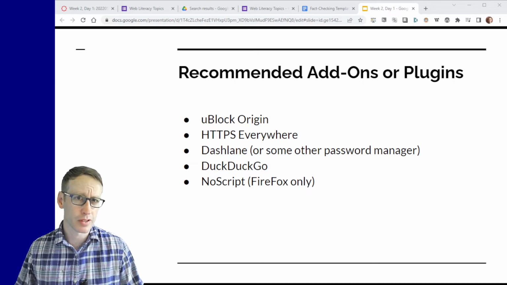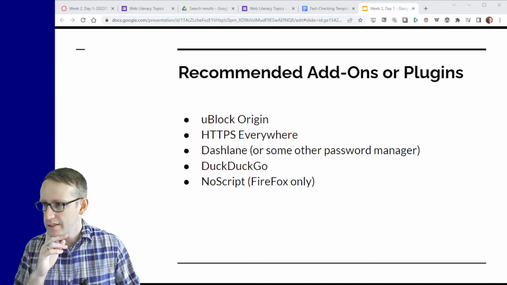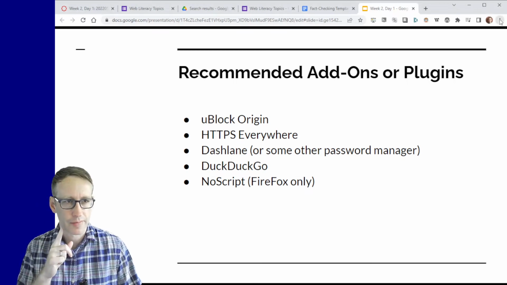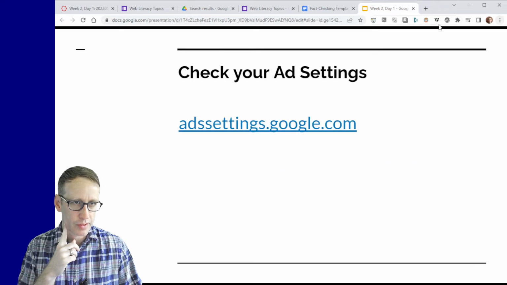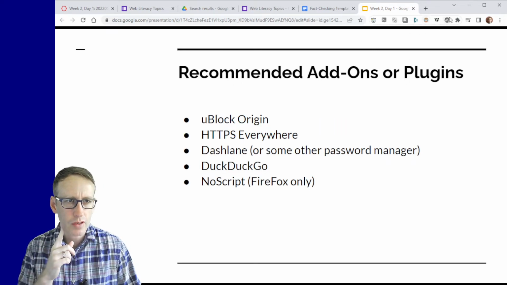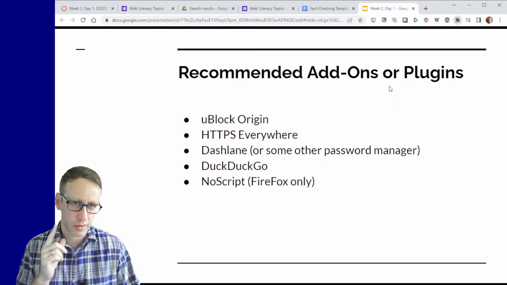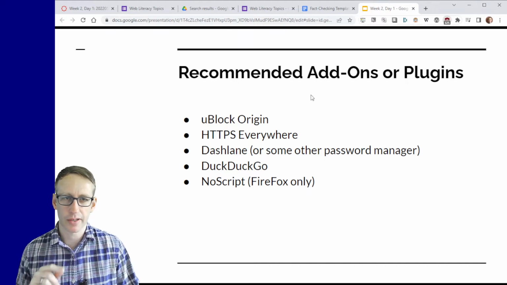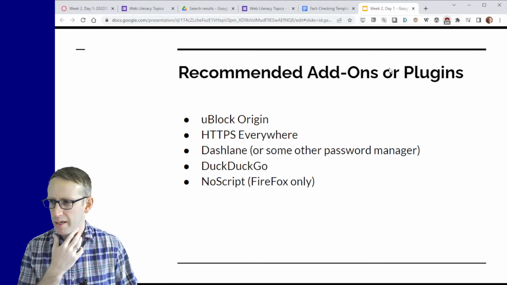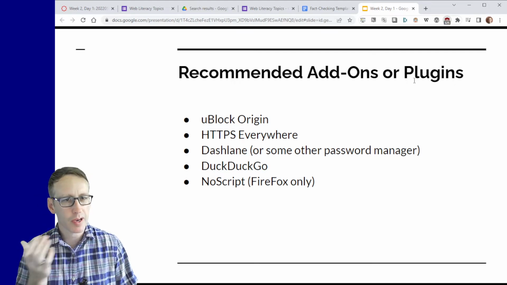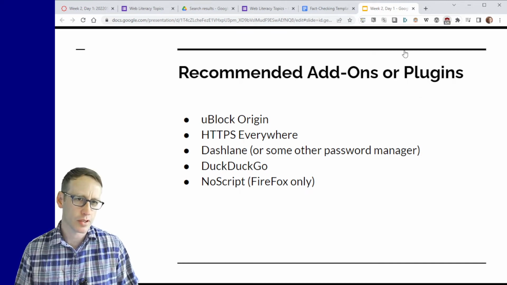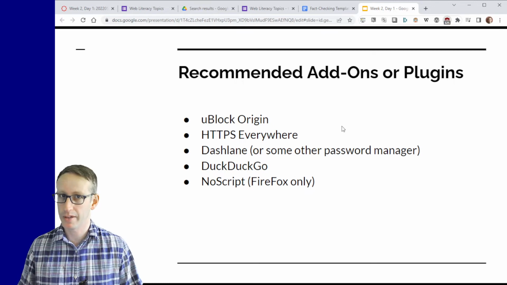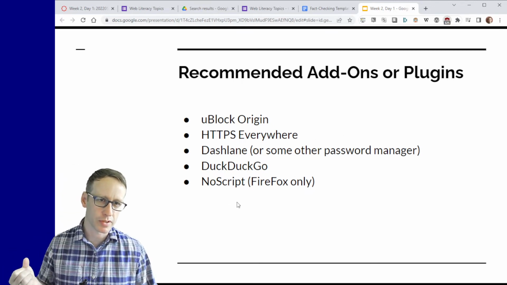The big one that I recommend is uBlock Origin. Let's see, I think you can see it if I click on it over here. I've got a lot of plugins. Some of these are just kind of random, but not super important. But the uBlock Origin, there it is. It's hidden right now because of some other things, and you can't see the pop-up. But it does pop up and tell you how many things it's blocked on whatever page you're viewing, and you can also turn it on and off. It's trying to block ads mainly, and also tracking scripts and some other things.